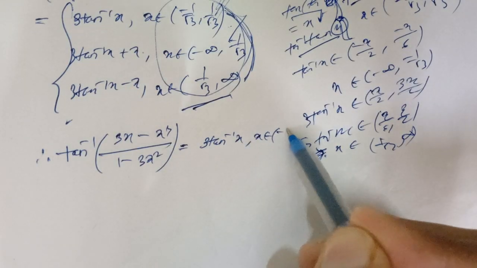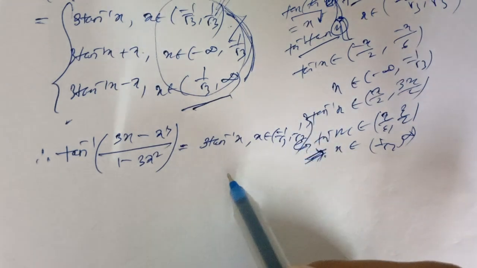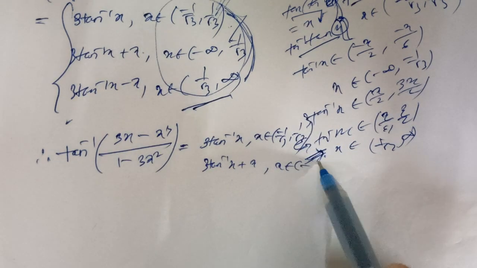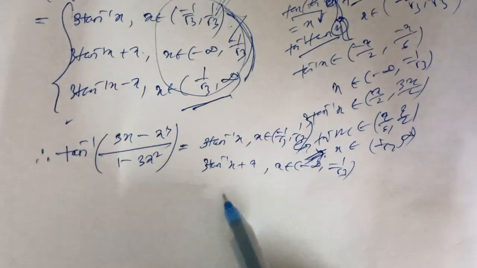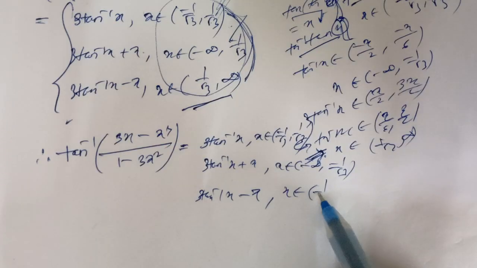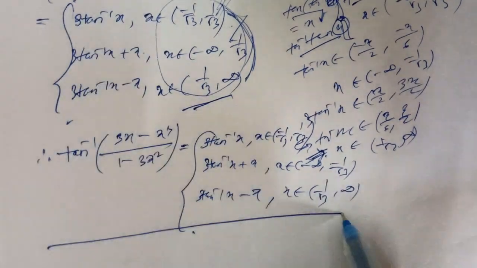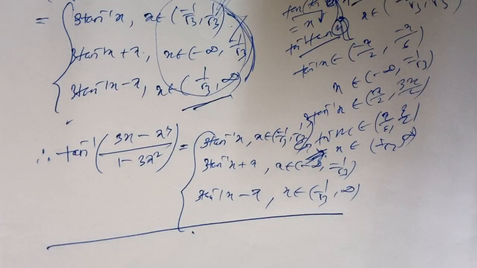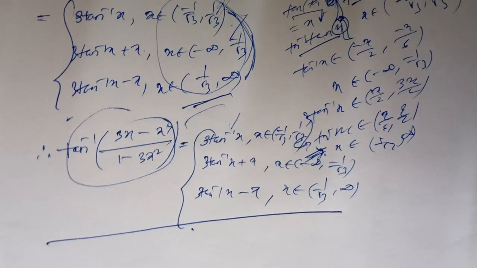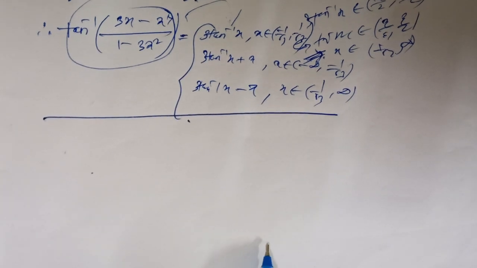when x belongs in the interval negative root 3 to root 3, and 3 tan inverse x plus pi when x belongs in the interval negative infinity to negative 1 by root 3, and 3 tan inverse x minus pi when x belongs in the interval 1 by root 3 to infinity. This is the entire definition of this function upon simplification. Now, you might have seen people do a lot of things, like not so rigorous things,